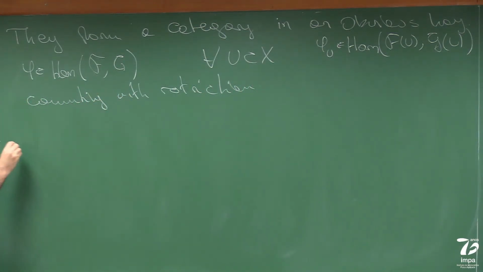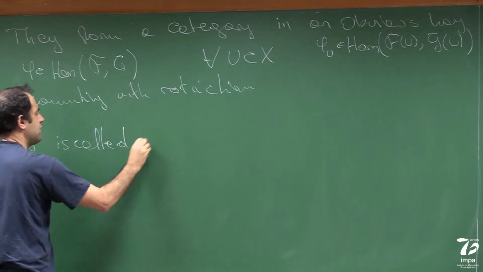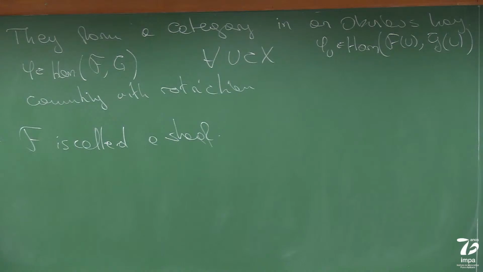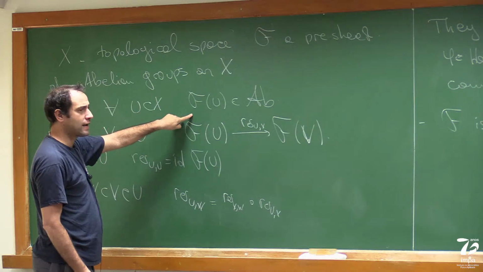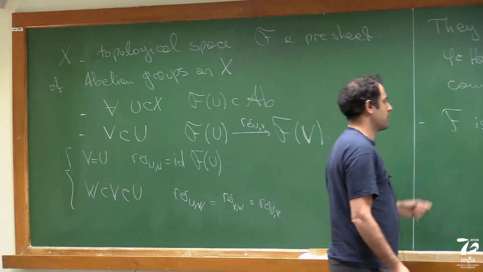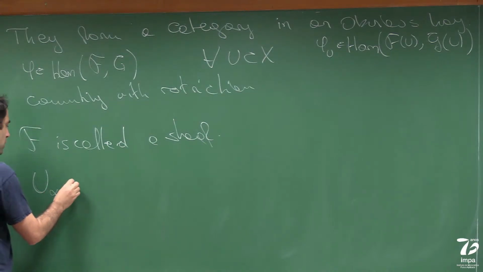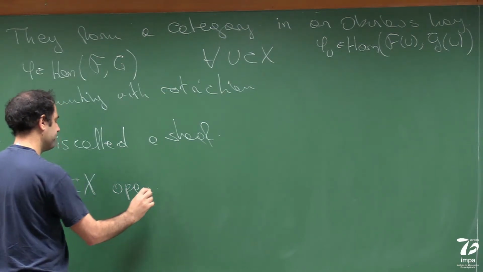Now, a presheaf F is called a sheaf if, in addition, well, I'll talk about elements in F(U) as sections on U of X. So this will satisfy an extra condition, and that condition is that if you have a bunch of opens, say U alpha, that are open,